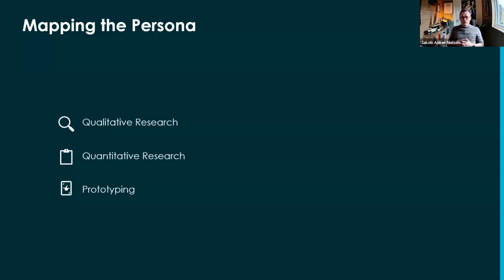So to understand the different dimensions of the persona, what we can also do is to employ some different methods. We can do qualitative research. That will be sitting down, discussing with the persona group representatives, also observing potentially how they go about their daily lives when it comes to work, of course, as there is a difference between what we understand about our work and what is actually happening in our work when it comes to, for example, discovering pain points and so on,